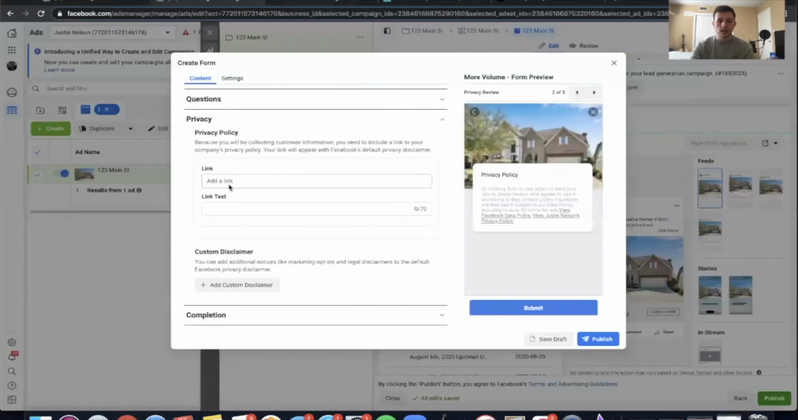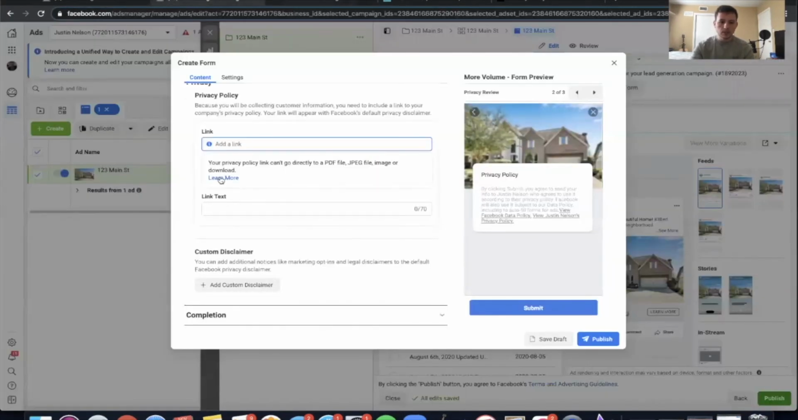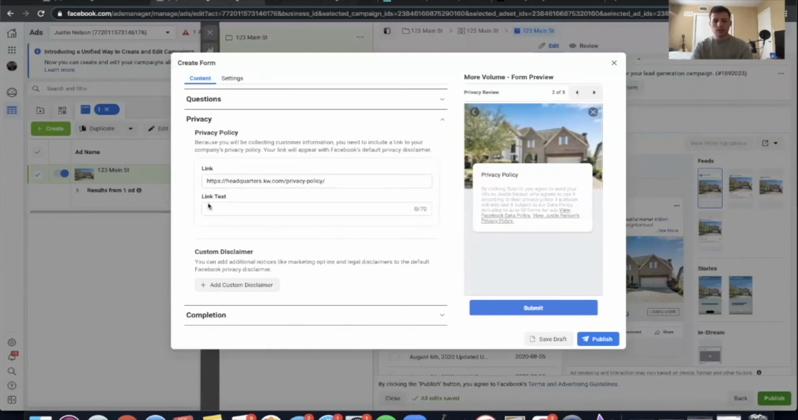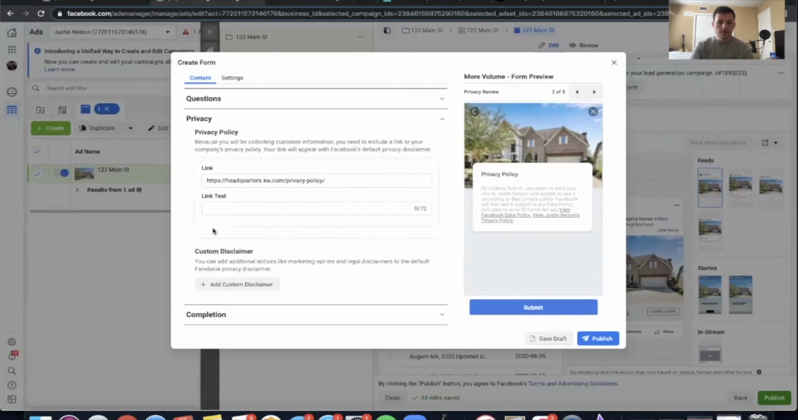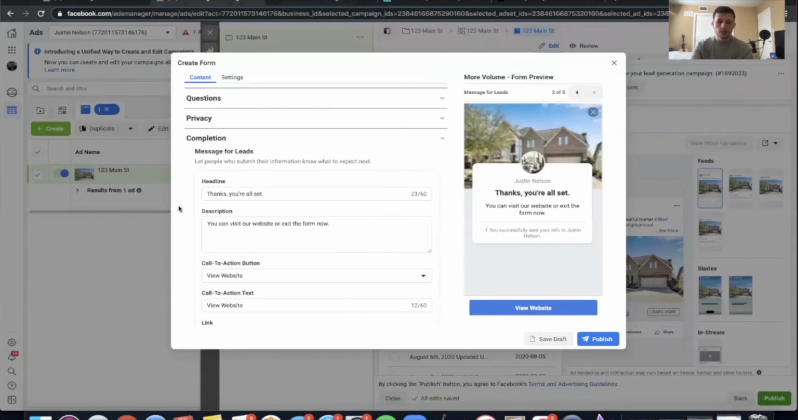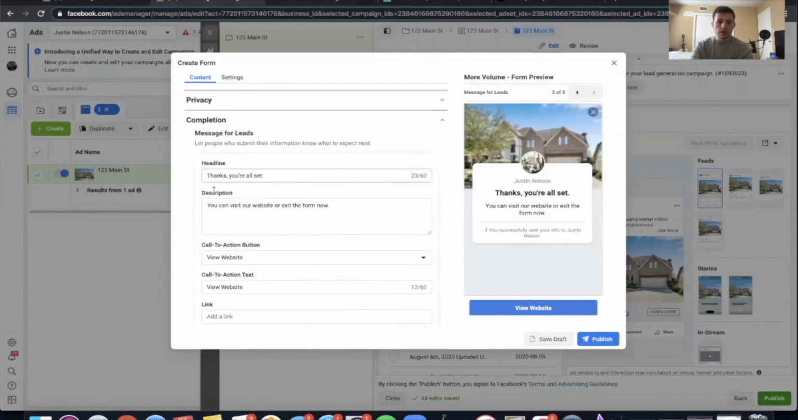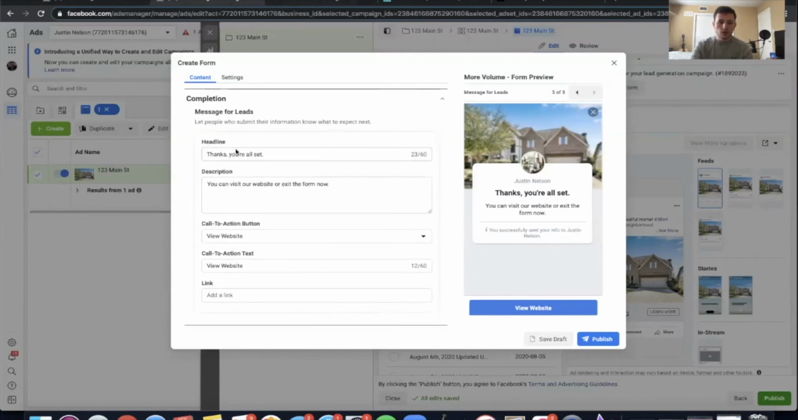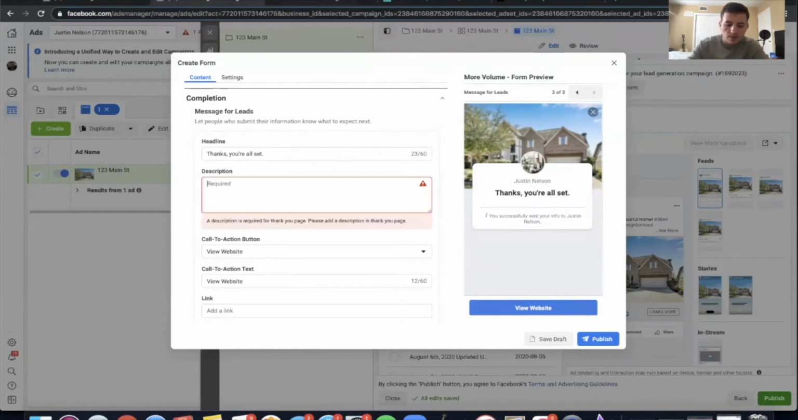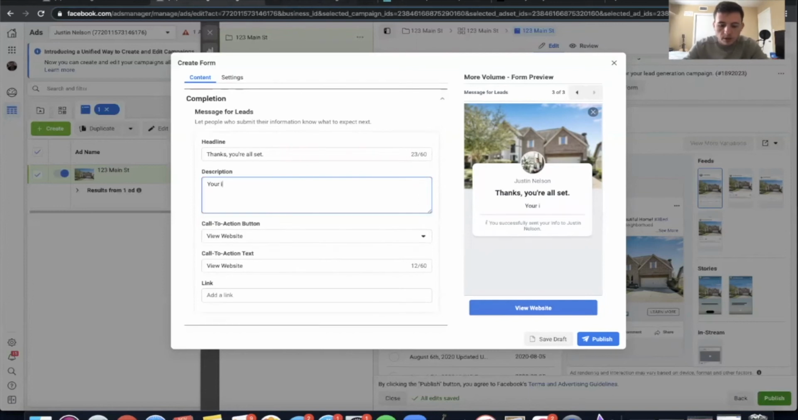Go back into your ads manager, paste that in there under link. Link text, you can leave that blank. Custom disclaimer, no need to add one. Finally, we were on the completion of the ad form. So headline, thanks, you're all set, is totally fine. The description, we do want to change this though. Change this to something like, your info has been sent